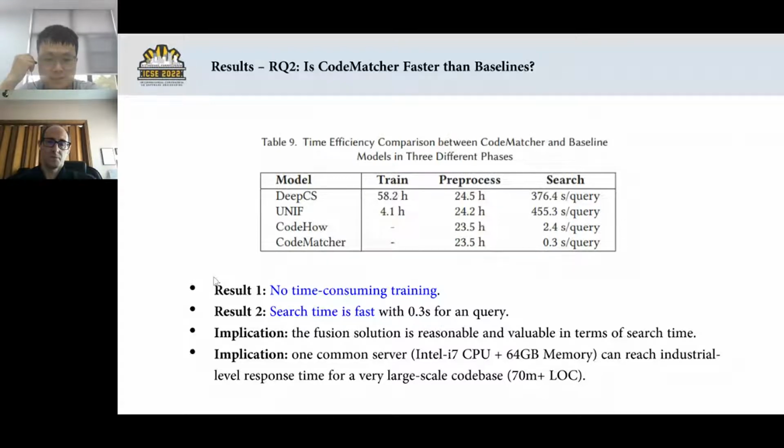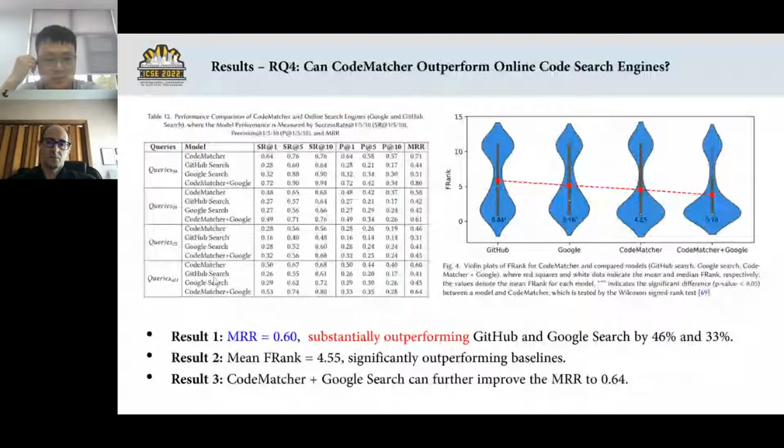All the components are necessarily required. And we also showed that Code Matcher substantially improves GitHub and Google search.